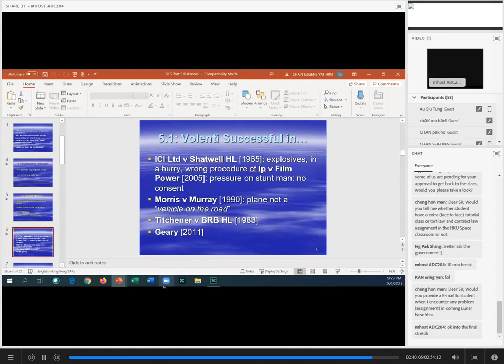So was this contributory negligence or was this volenti? The court found that it was indeed volenti, because she went a bit overboard. The claimant was the author of her own misfortune. As such, the defendant owed no duty to protect her from such an obvious and inherent risk. It's interesting, they should have had some sort of notice: anybody who rides down the banister does so at their own risk. When you invite a person into your house to use the staircase, you don't invite them to slide down the banister. Fair enough. So this is the result of the case in Geary.